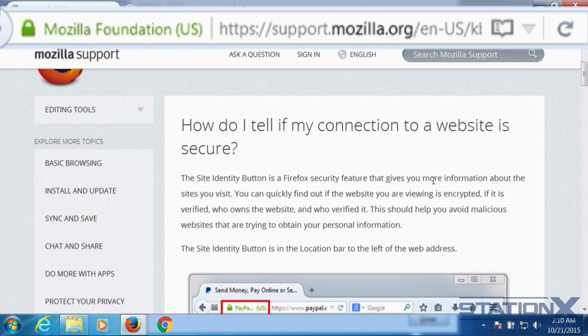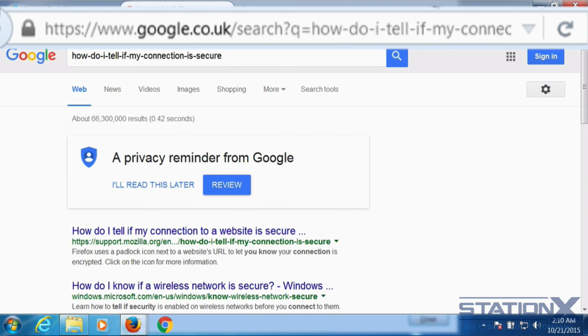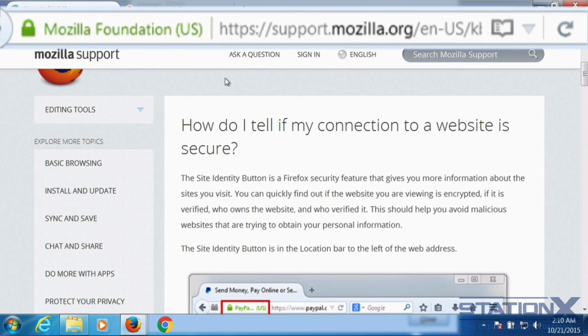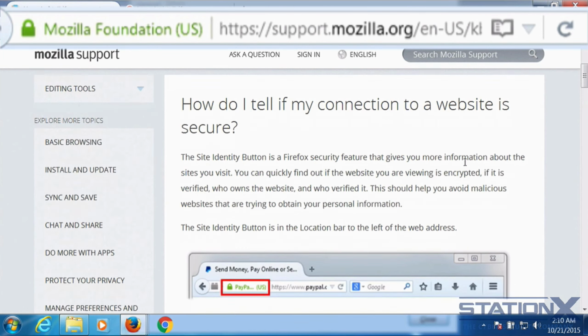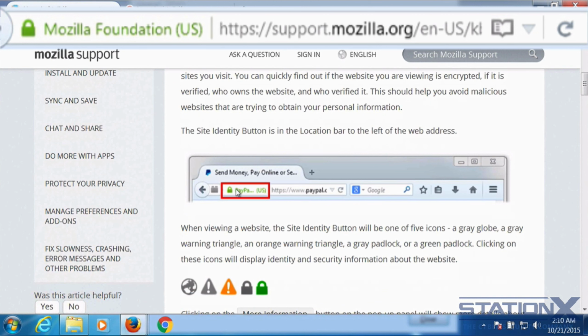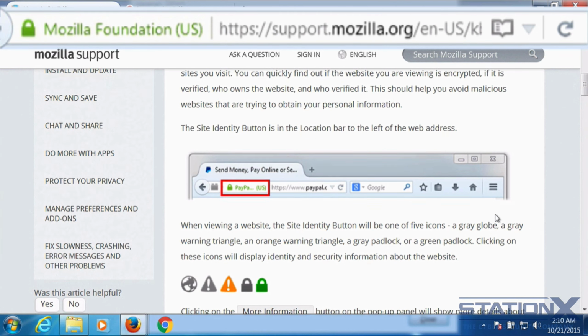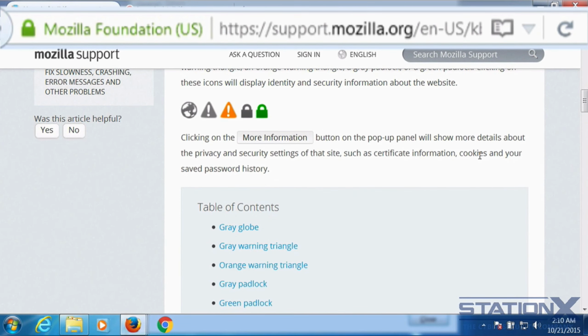A useful website to determine within Firefox, because Firefox is the browser that I recommend, is this one. Now to get to this, you go to this URL, but that's a particularly long URL, so just do a search for how do I tell if my connection is secure, and that'll take you to here. And this is going to tell you what the various colors and icons you can see here mean. And it's all degrees to which the security services that we've discussed, confidentiality, authentication, integrity, is being used on this